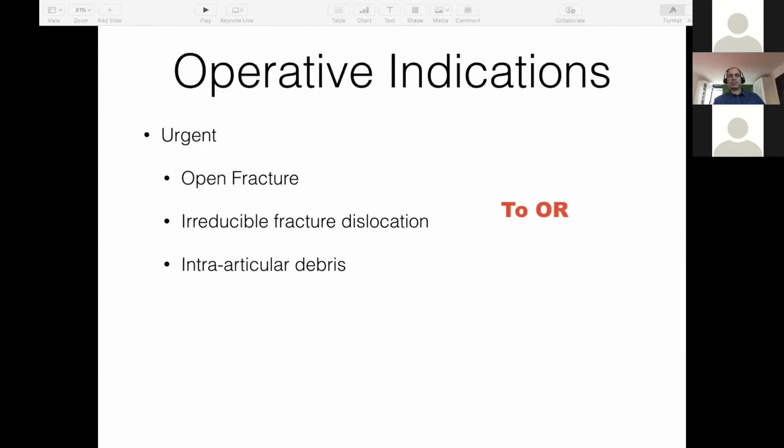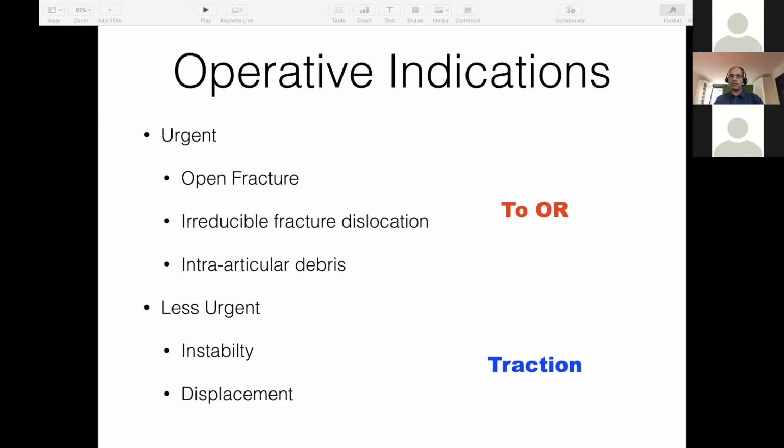Operative indications. Who needs to go to surgery urgently? Well, open fractures need to go to surgery urgently. Irreducible fracture dislocations, and those patients who have significant intra-articular debris, those patients are going to need surgery. The decision in those patients is not if, it's really when. Less urgent is patients that have some degree of instability or displacement, but can wait for surgery, and those patients